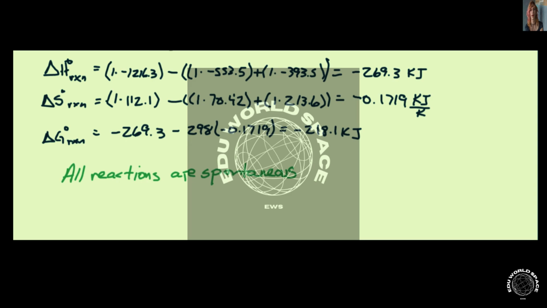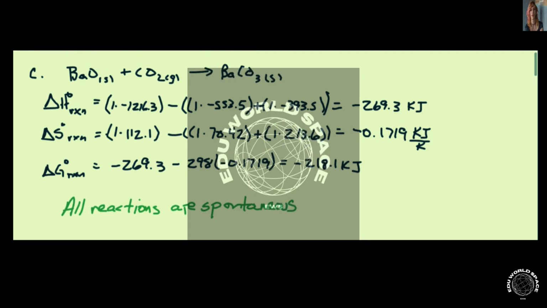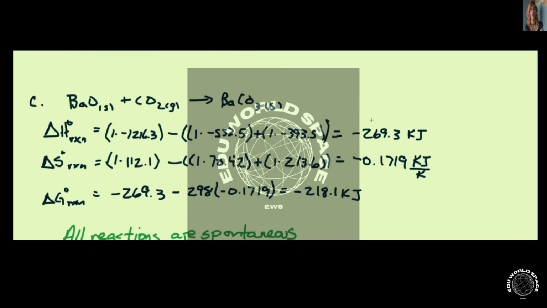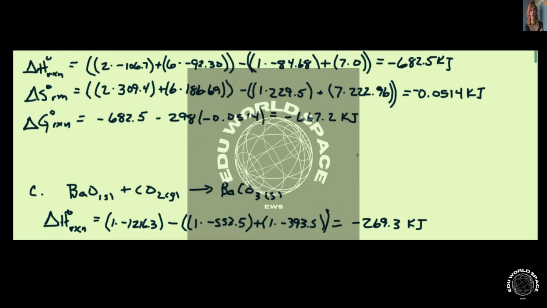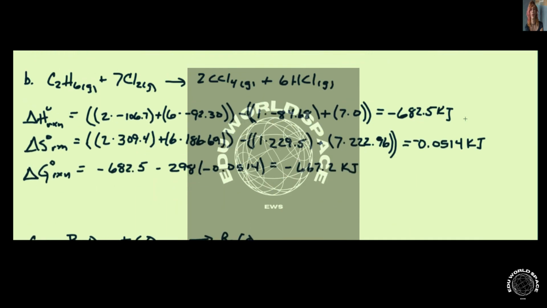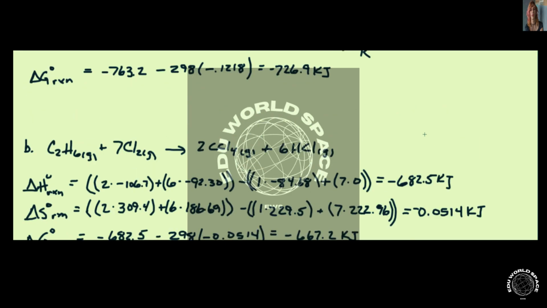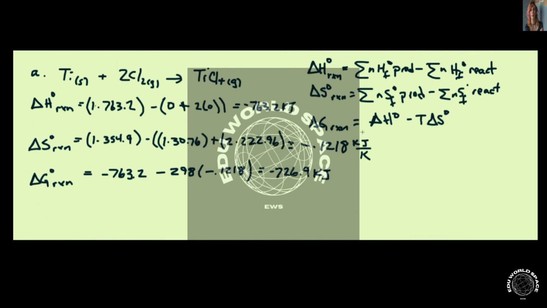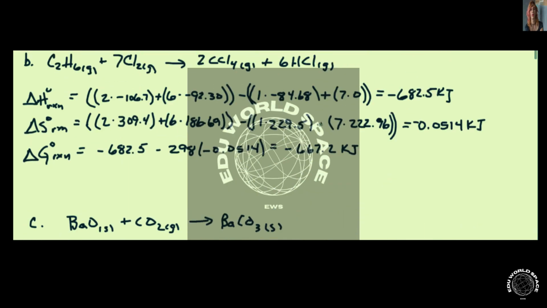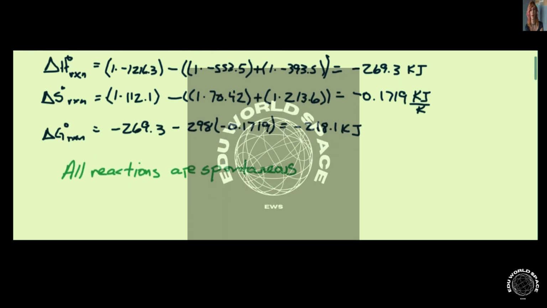And so if you take a look at any one of the 3 equations, what we can see is that in each case we have a negative delta H and a negative delta S. If we take a look at another reaction, negative delta H, negative delta S, we take a look at the third one. We have a negative delta H, negative delta S. So in all cases, if we have a negative delta H and a negative delta S,